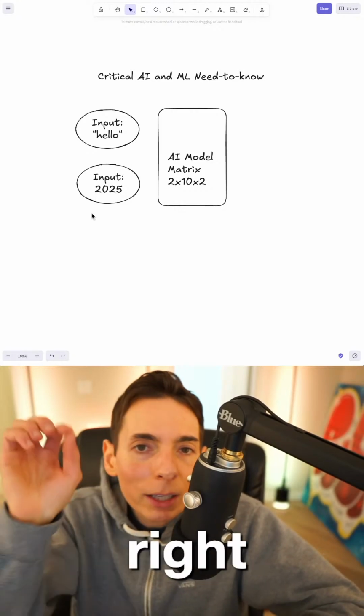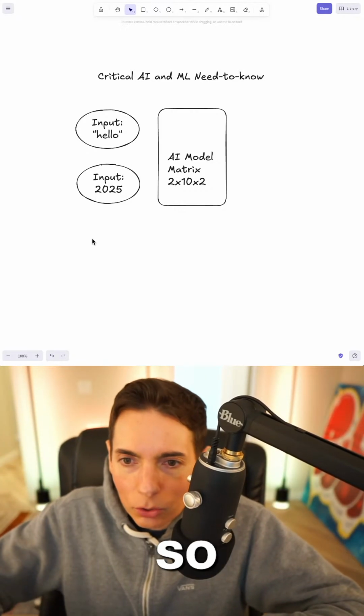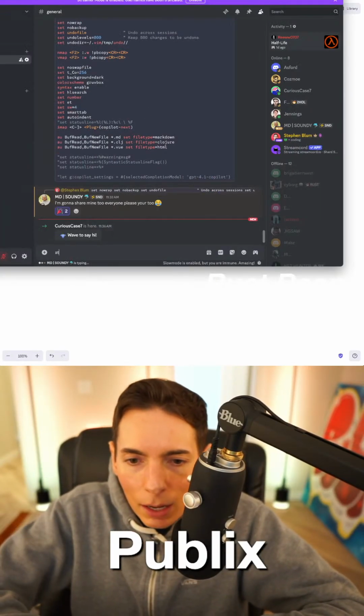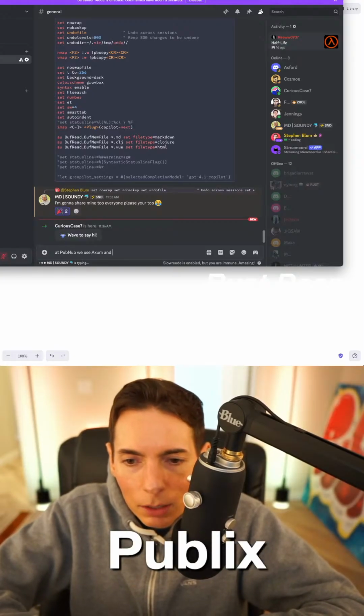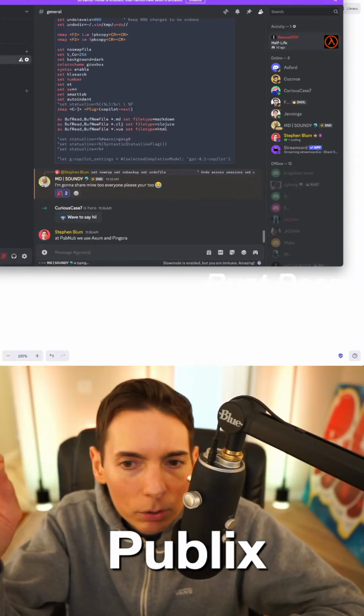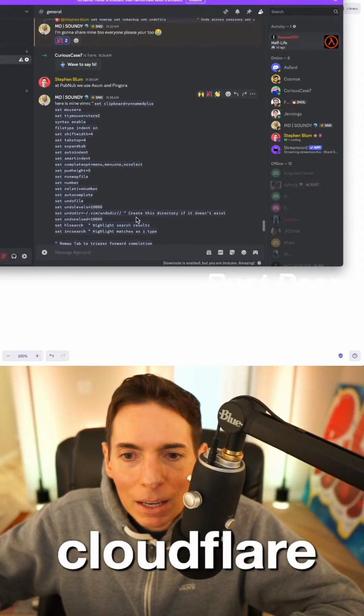Actix, right? We use Axum and Pingora at PubNub. So let me just type that into our Discord. At PubNub, we use Axum and Pingora. These are two different Rust server frameworks. Pingora is written by Cloudflare, and it is